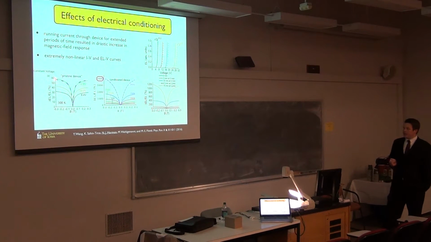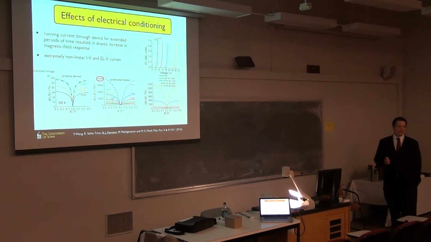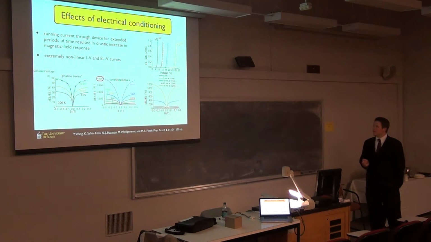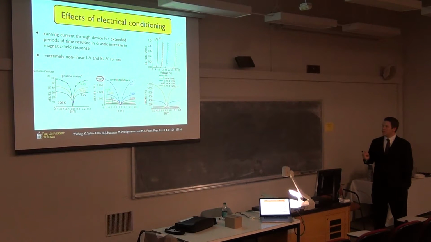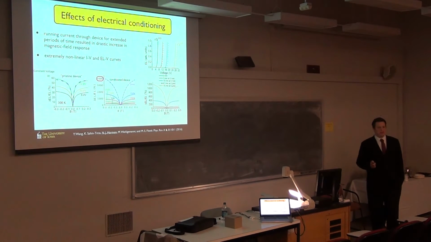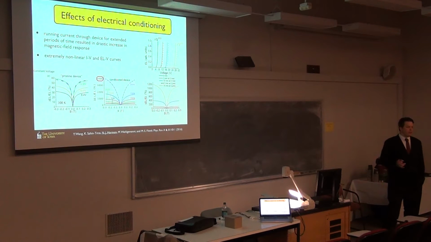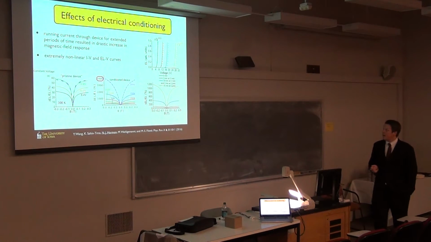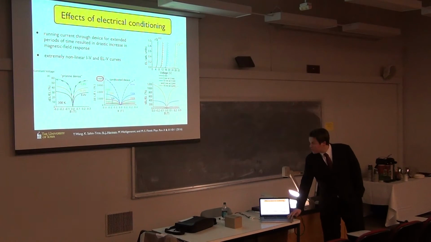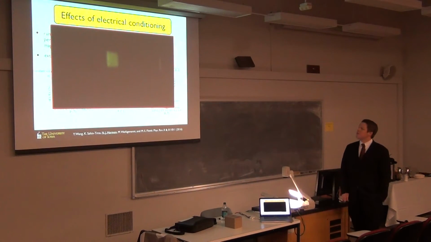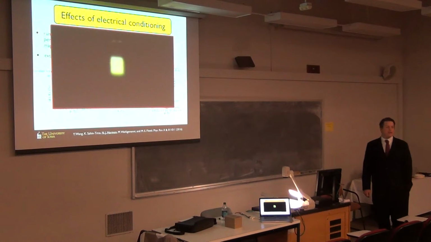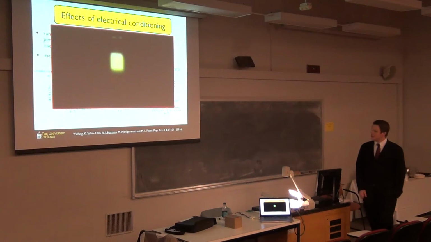So here's the pristine device, where we measure the 60%. Now in this highly conditioned device, we measure 4,000%, which is just extremely large. It's maybe among the largest magnetoresistances ever measured, much larger than, I think, TMR. I think in some systems you might get like 6,000, but it's extremely large. And here's a picture: a magnetic field turning on and off, and it's very obvious, the large changes in luminescence. So it's kind of neat.